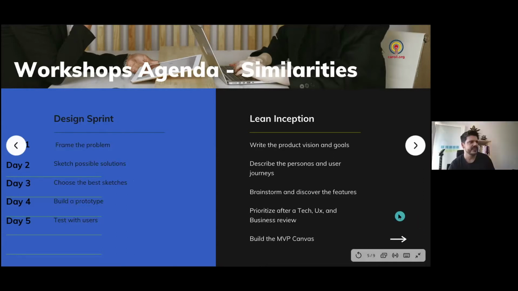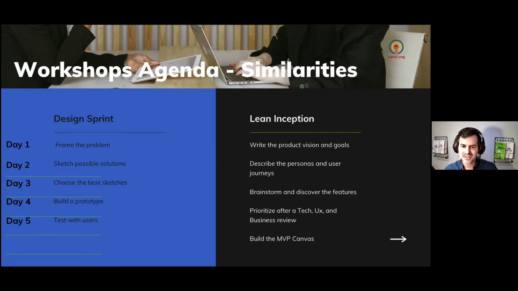Totally. Well, day two, design sprint, sketch possible solutions, so explorations, understand a little more, right? As you mentioned, the context, the users, same or similar in the inception, right? Personas and user journeys. Yeah, it's interesting because in Lean Inception there's no sketching because we don't think about the design and the product yet, right? But we want to understand the needs of the users and their journeys. So we welcome in the room the people that have this knowledge. So let's share the current information we have about the users and their journeys.